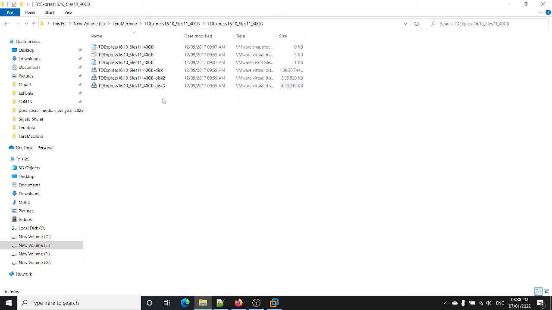So let me clear one thing, that the first disk is for the operating system. It is for Linux and for the Teradata machine, and there is a concept of AMP and vdisk in Teradata. So for that concept, Teradata provides us 2 more disks. So those disks are disk 2 and disk 3, and there is a VM configuration file, and there is a virtual machine, and there is also a snapshot of the virtual machine.